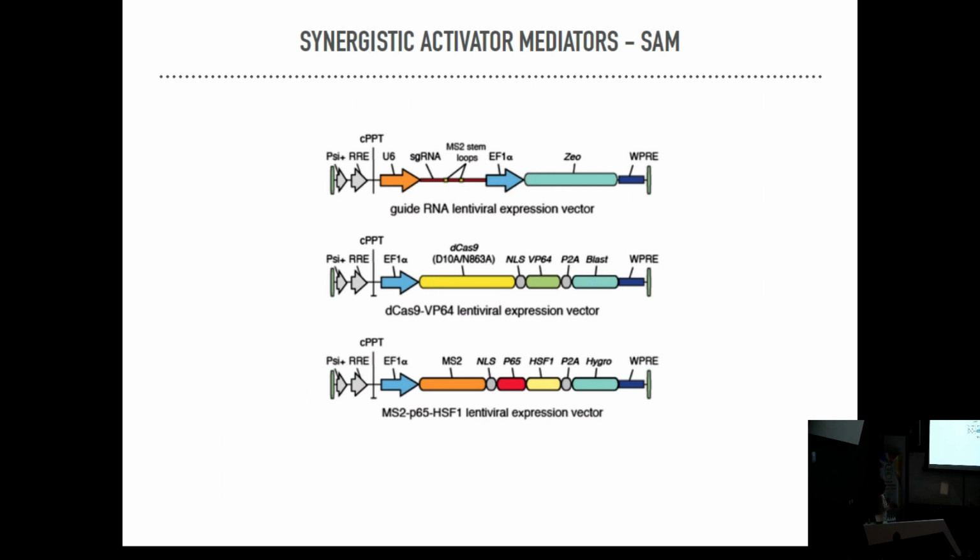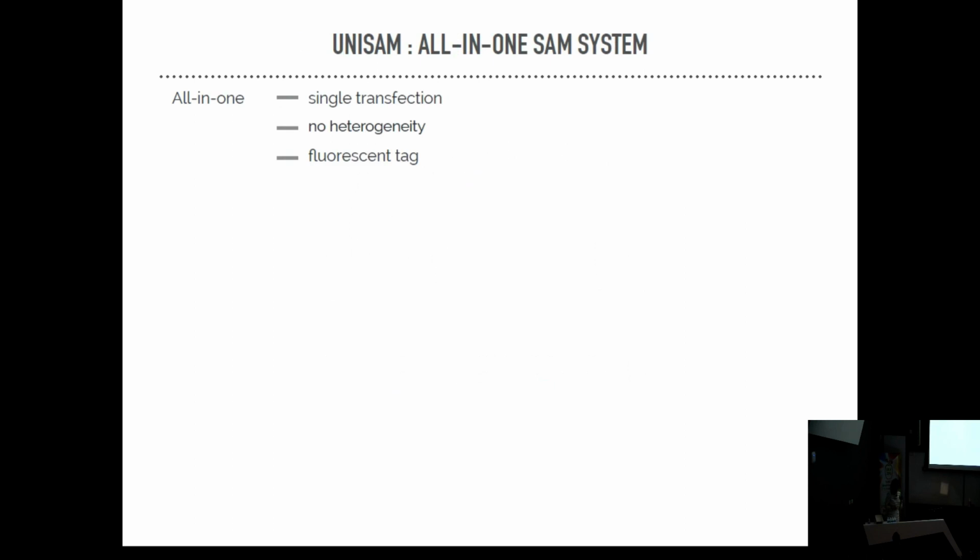For those who are not familiar with plasmids, this system was based on the use of three different pieces of DNA. Because you needed all of them in the same cell to mediate the activation, you had to put your cells under triple antibiotic resistance, which for differentiation is a real big challenge. And delivering all of them into the same cells is another challenge. So what I've been doing is generating a system that contains all these different parts in the same plasmid. A very simple all-in-one system, which would completely eliminate the heterogeneity in the population.